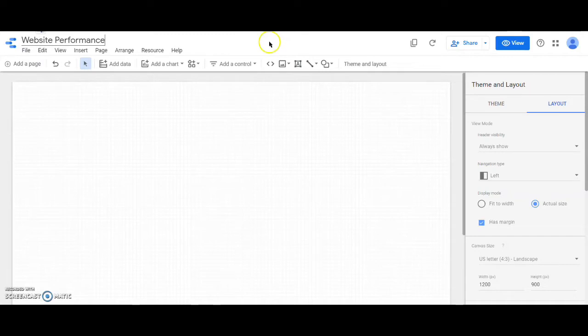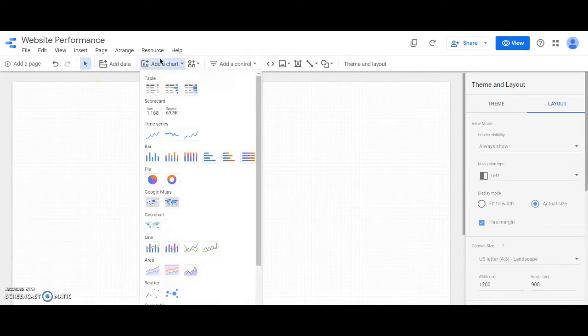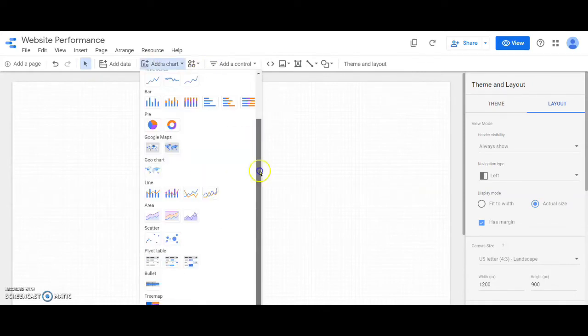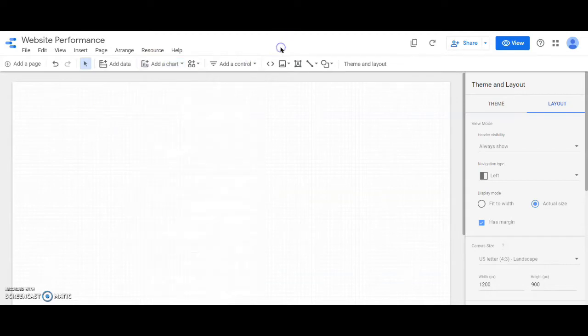We have quite a few options on this bar. So for example, you want to insert tables or pie charts or scorecards or whatever visualization style that you want for your report. You can do it from here. You have all these options to choose from. So that can be done.